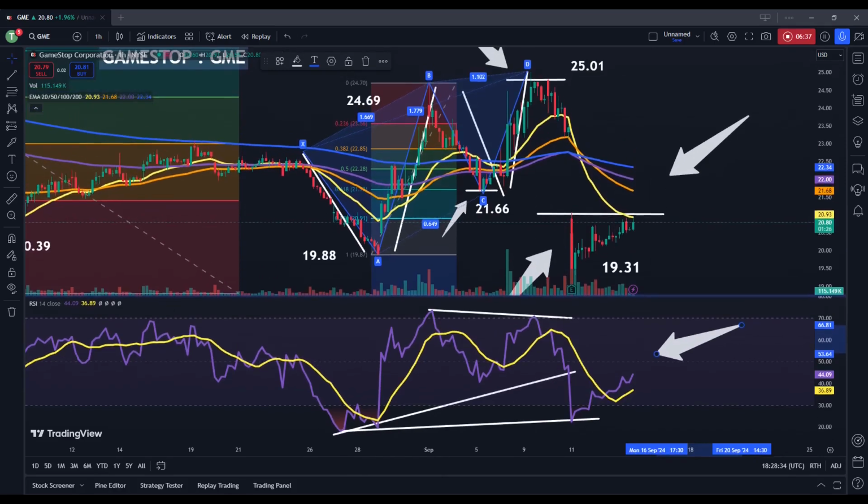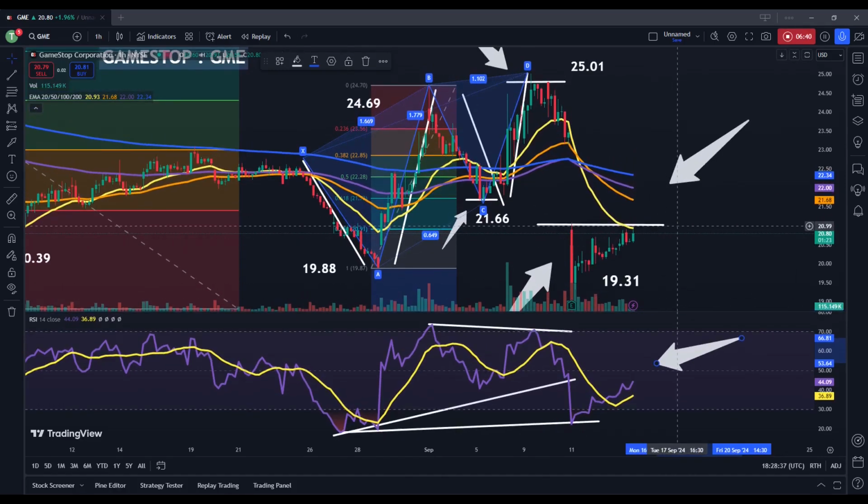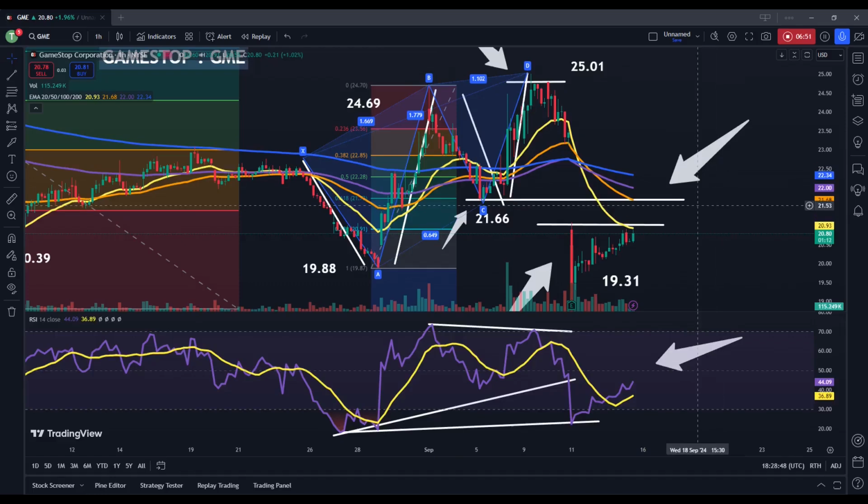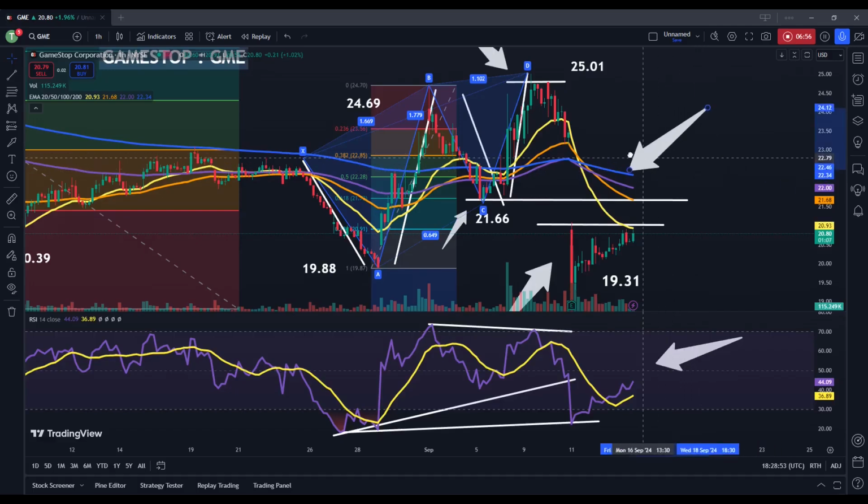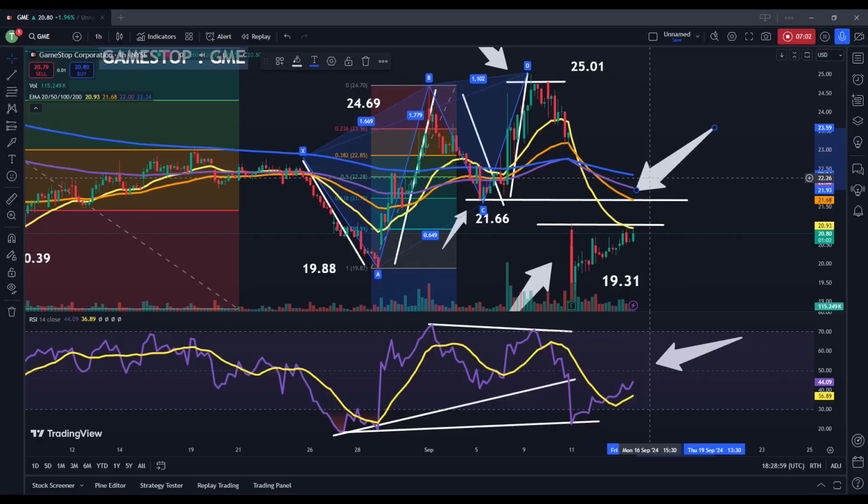So the way things currently stand, the main level to watch, in my opinion, is this $21 level. If you're able to break above there, you do have some resistance that would be expected right around this 21.66 prior low. You have to remember prior areas of support turn into resistance when they're tested from the downside. And then in addition to that, you do have this declining 50-period exponential moving average, which is the 50-hour exponential moving average on this time frame. Those are both coinciding with roughly the same area here. It's possible that you could start to see some resistance into 21.66, but I am looking mostly at this $21